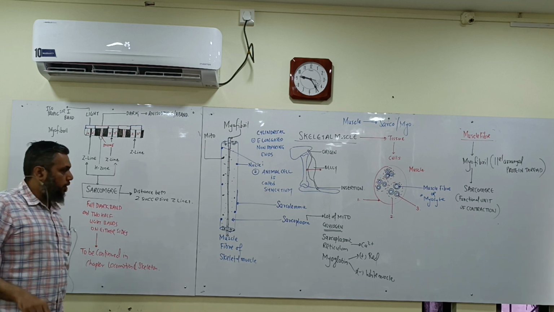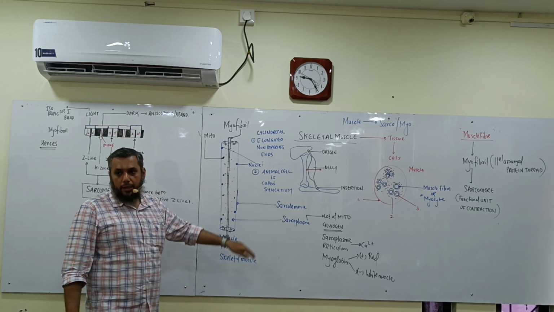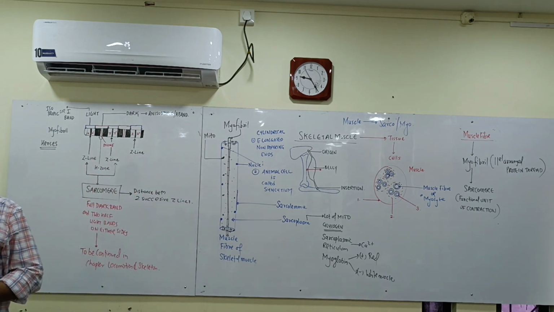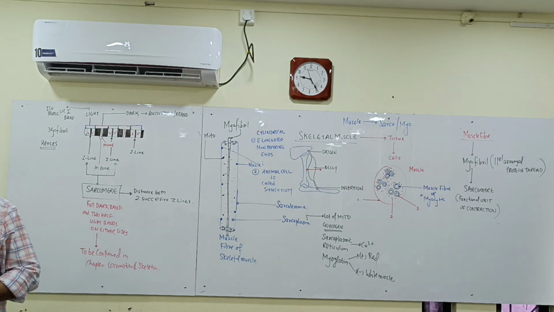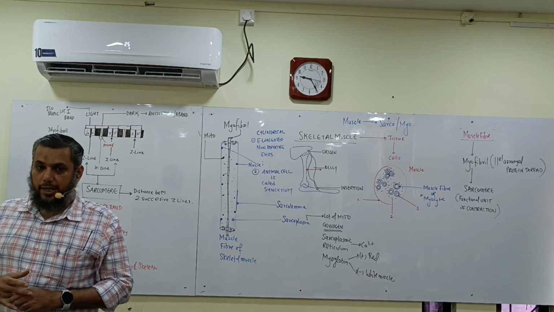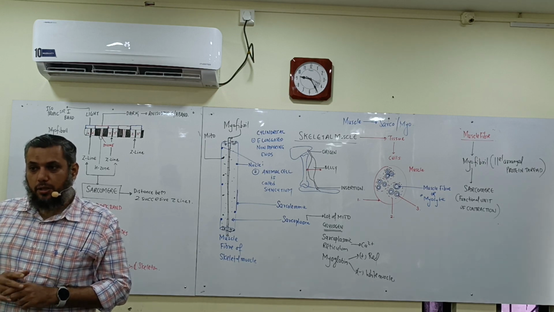Now the muscle fiber shows the presence of many parallelly arranged protein threads. What are the parallelly arranged protein threads called? Myofibril. If you observe the myofibril under the microscope, what do you see? Alternate dark band and light band, A band and I band. The I band lets light pass through, but it shows the presence of a line called the Z line. And the A band shows the presence of an H zone